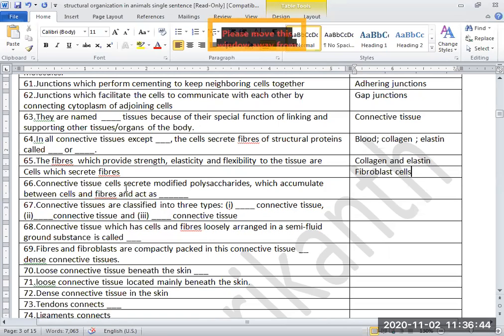The connective tissue cells secrete modified polysaccharides which accumulate between the cells and fibers and act as